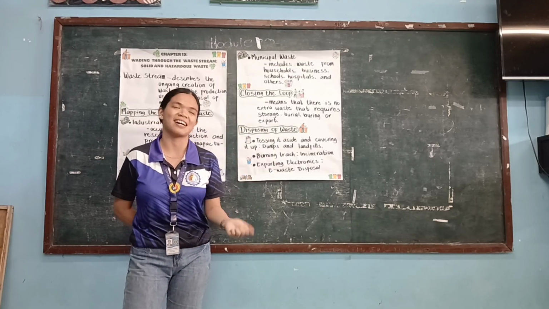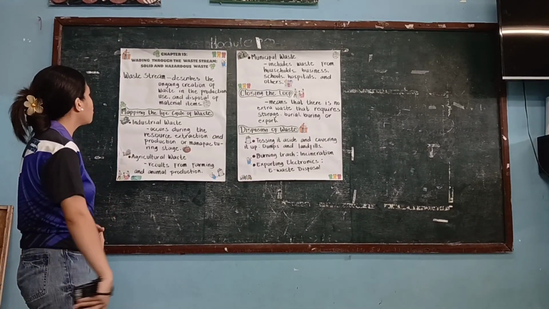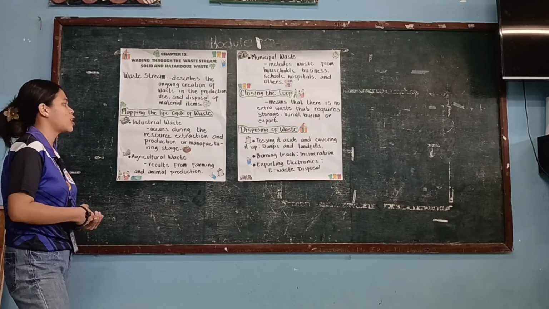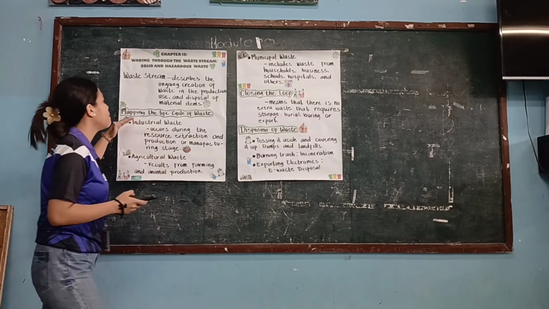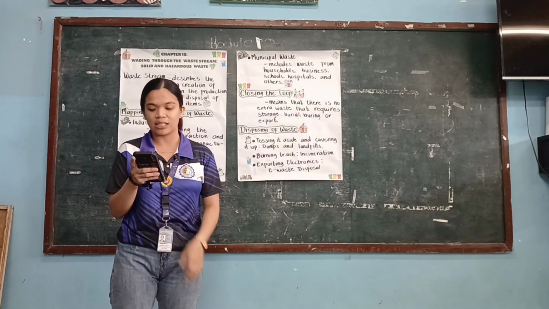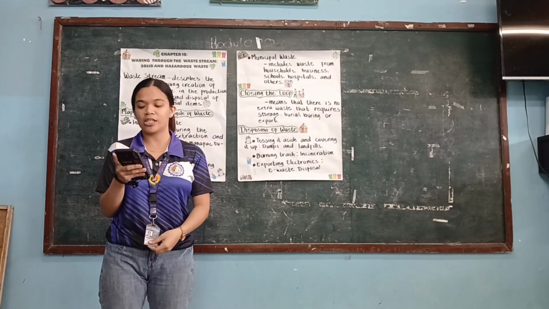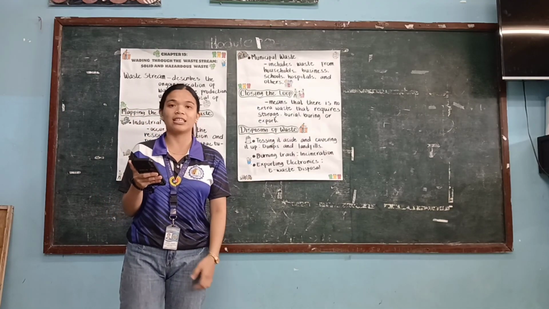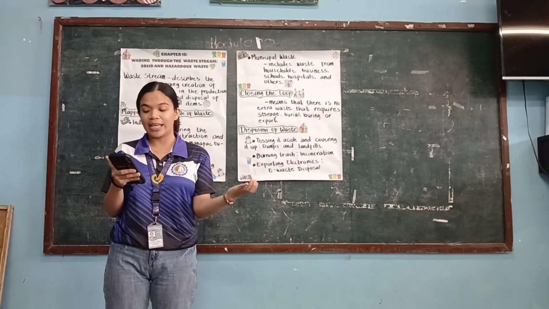So next is mapping the life cycle of waste. Industrial waste occurs during the resource extraction and production or manufacturing stage. So what is mapping the life cycle of waste? It shows all the steps waste goes through from creation to disposal. It helps us understand how waste is produced, used, collected, reused, recycled, or thrown away. It's like making a map of a waste journey.